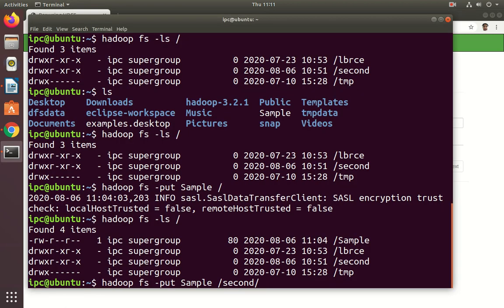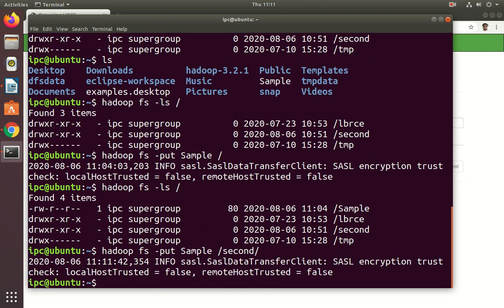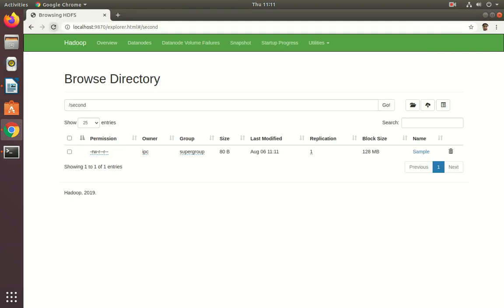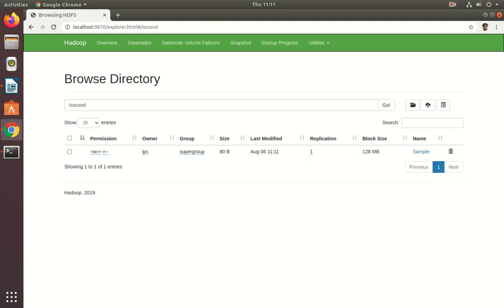Now I am going to put this sample file with hadoop fs -put. My source is the sample file. This sample file is going to be stored in the Hadoop file system directory second, with the name sample. Now go and verify here. Just refresh it. Now the sample file is uploaded here. In the previous step we uploaded directly into the root, and once again we uploaded into another one, that is second. That is the purpose of the put command.